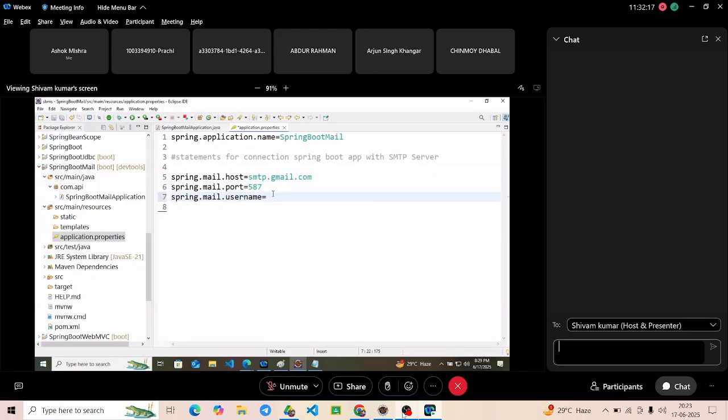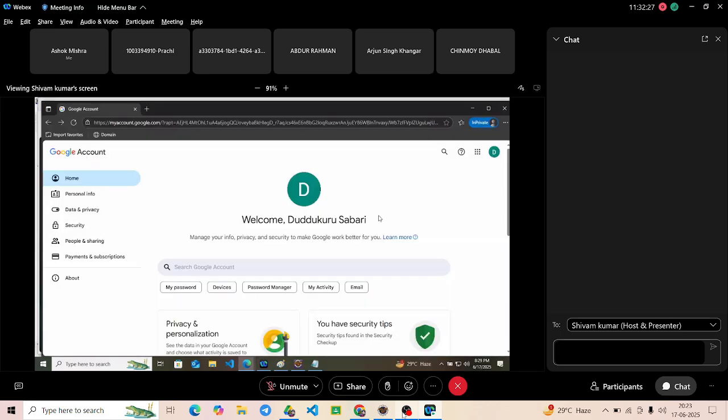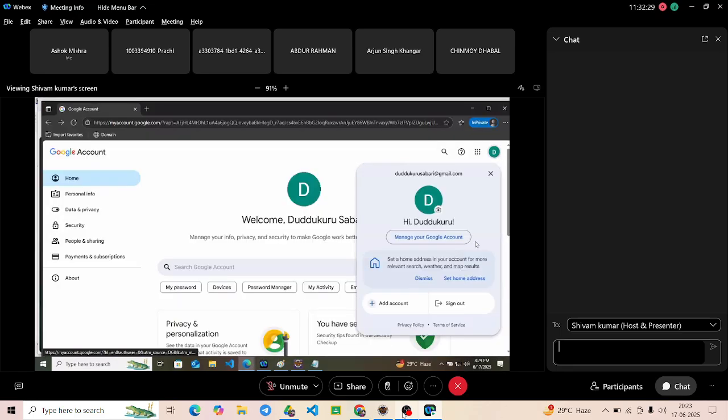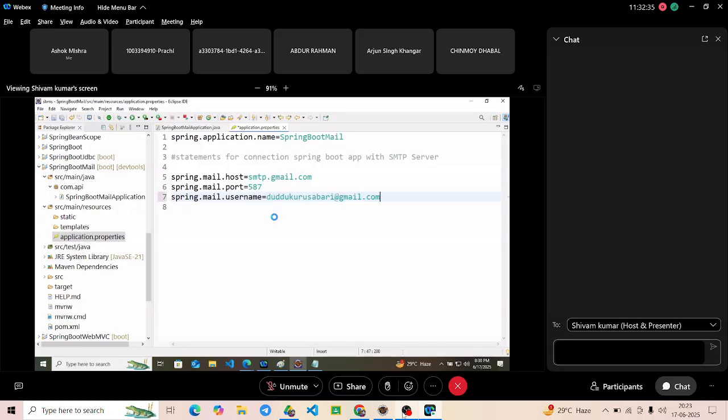spring.mail.username. Now, username last time it was root, but this time it is not going to be root. This time it is going to be our email address. So, our email address is this one. The same email is going to be my username, like this: